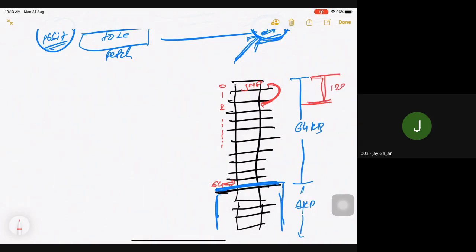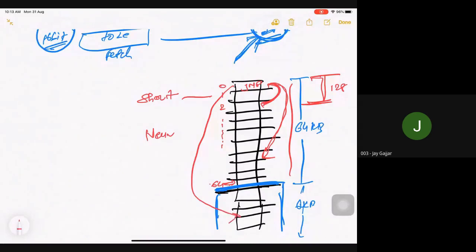Then this is my short jump. If I am jumping somewhere here, but it is the same segment, then this is called a near jump. But if my jump instruction is here and I want to jump somewhere in another segment, then this is called a far jump. Clear?